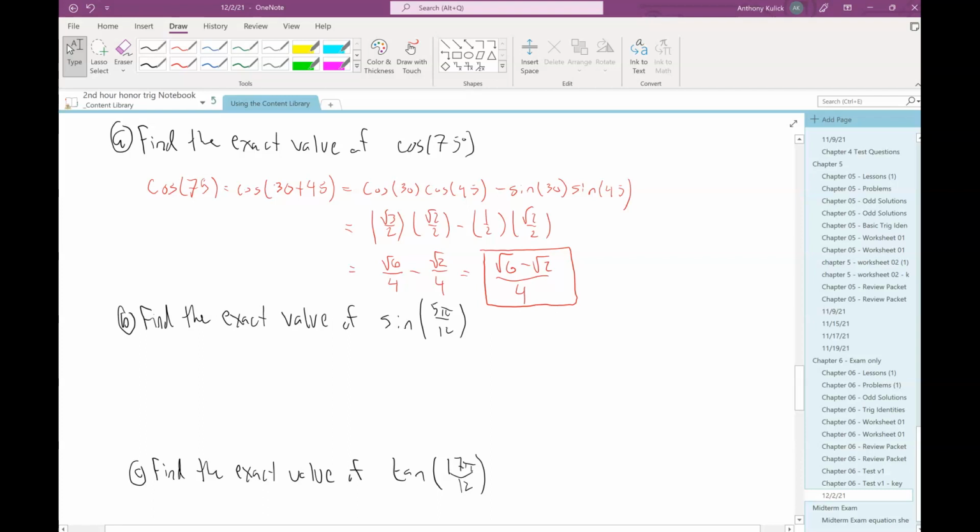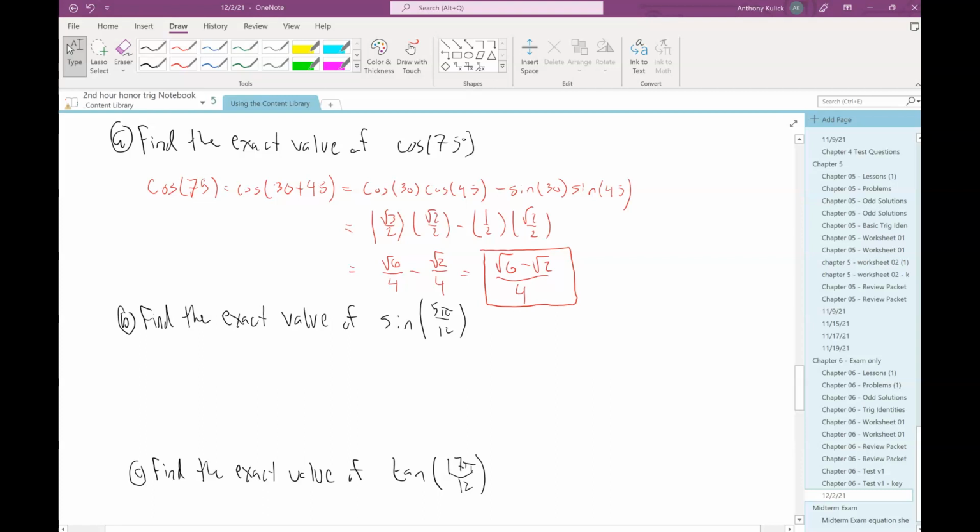So the observation that I'm going to make is that on the unit circle, the denominators for my angles in radians are either 2, 3, 4, or 6. All of those are factors of 12. So basically all I'm going to do when I see something like this with the denominator of 12, which is almost always going to be the case, is I'm just going to try to break up